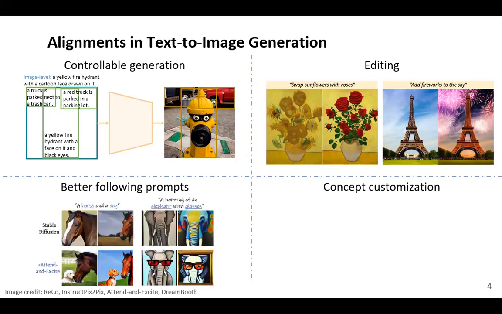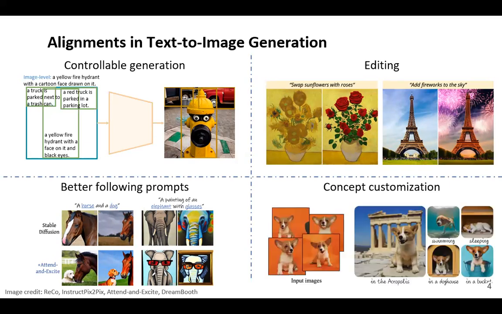Next, we'll talk about better following text prompts. Although text-to-image models are trained with the hope that they can generate an image that is semantically related to the input text prompt, as we will show later, unfortunately this is not always the case. Sometimes, especially when the text description becomes more complicated, the model might overlook certain objects or get confused with some detailed attribute descriptions, for example applying the color onto the wrong objects. So there has also been a line of research exploring how to have the model more strictly follow the input text prompts, and in this way